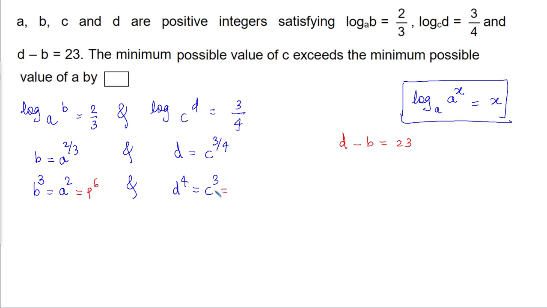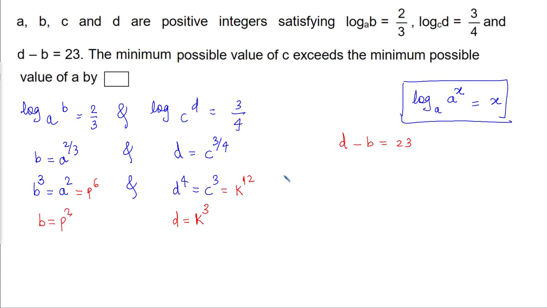And let's take this, the LCM of 4 and 3 is 12, so this is equal to k to the power 12. Okay everyone, so from this we can see that the value of D is going to be how much? D to the power 4 is equal to k to the power 12, means the value of D is going to be k to the power 3, and B to the power 3 is equal to p to the power 6, means the value of B is going to be p to the power 2.